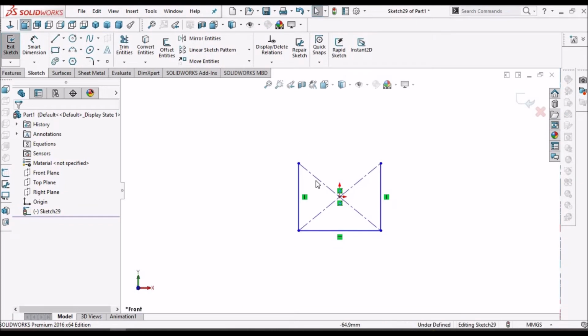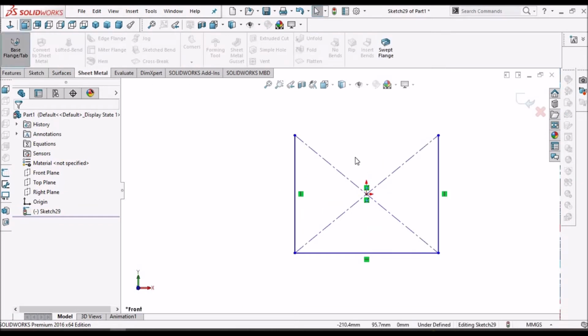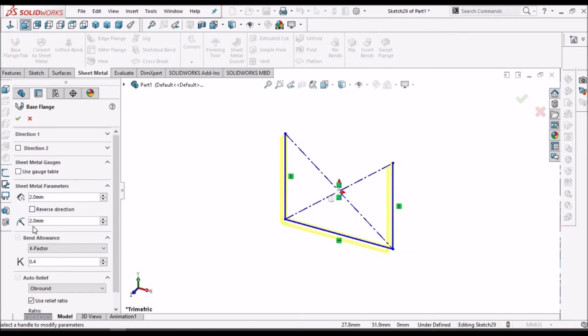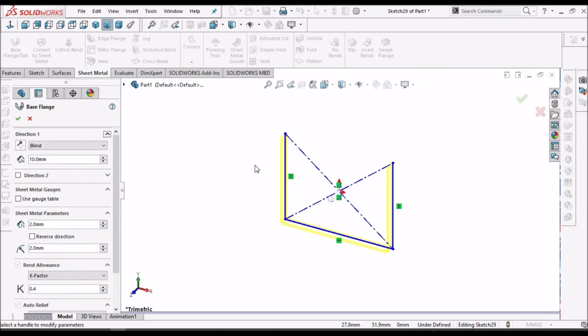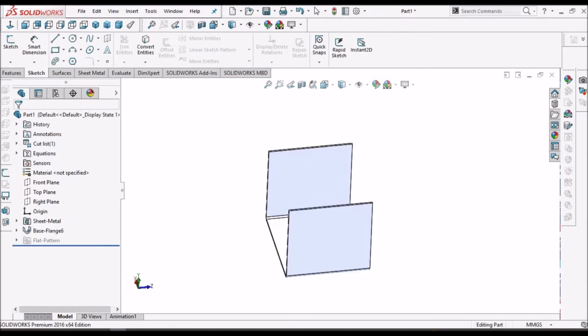Suppose the sketch loop is open, and if we go for base flange, it creates like a protrusion. See here, it looks like this.